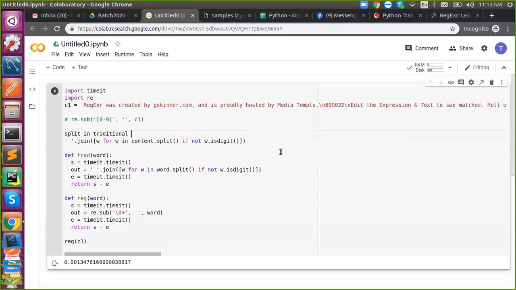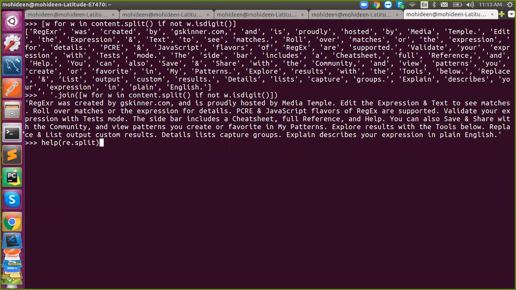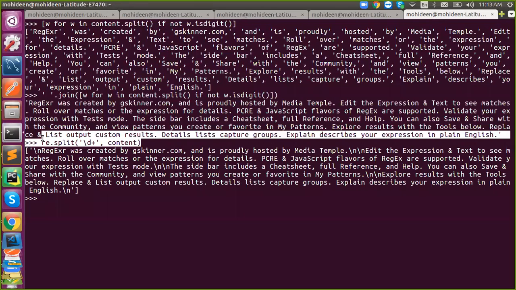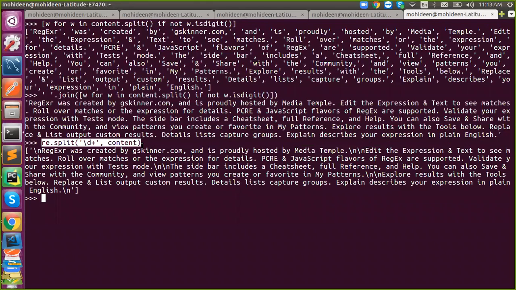Understand? Any doubts in it? Any doubts in regex? So we have one more topic to talk about.